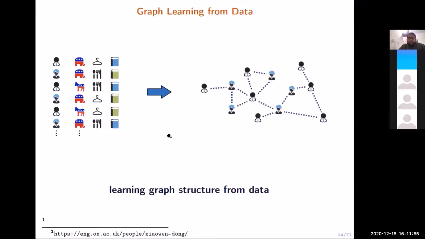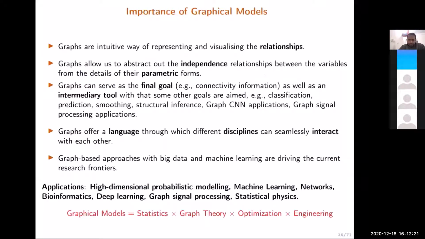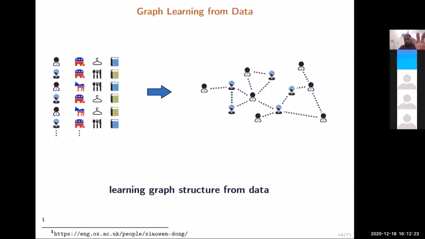This is the second line of research, where given data we want to learn a graph, and these two are interdependent. In most cases, a natural form of graph is not available, like in a brain network or gene regulatory network. There we only have some observations of a data set, and based on that data set we need to build a graph first. So this talk will be focusing on this particular aspect of graph-based research. We want to build graphs for a given data set.